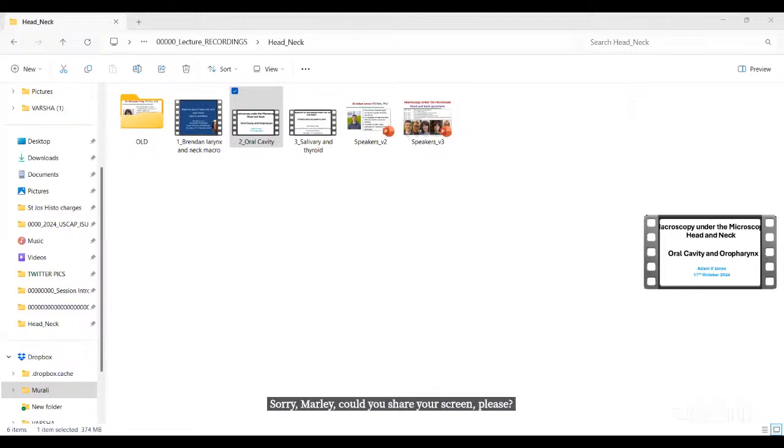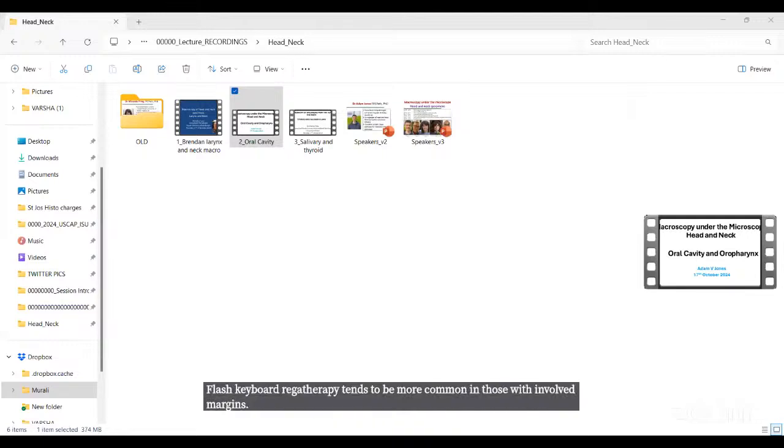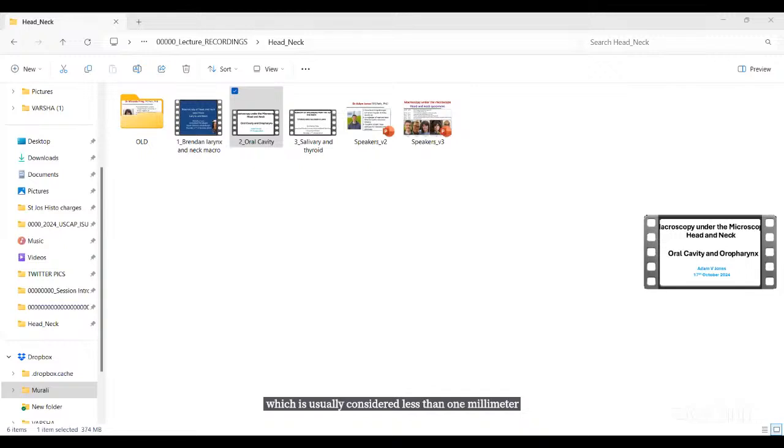Therapeutic neck dissection is provided for those with neck-positive disease. Radiotherapy is generally used post-operatively and usually as a consequence of close surgical margins, bone invasion and lymph node metastases, whereas chemoradiotherapy tends to be more common in those with involved margins, which is usually considered less than 1 mm, or in extranodal extension. It is therefore the basis of the pathology report, which is heavily reliant on macroscopic recognition and block selection, which determines the potential need for further treatment, be it surgical or